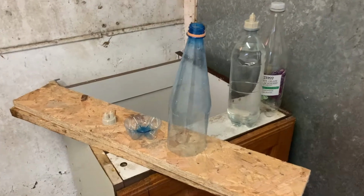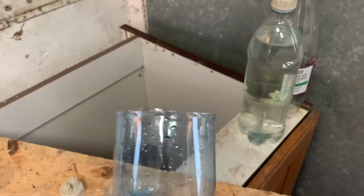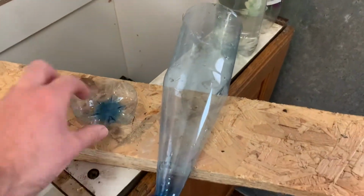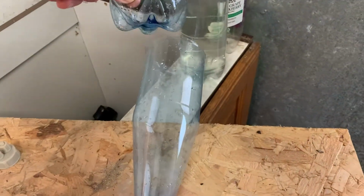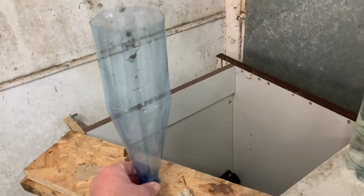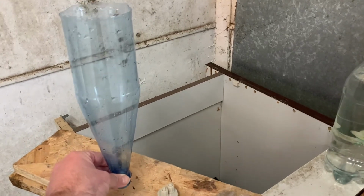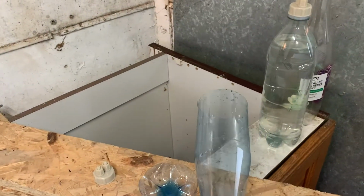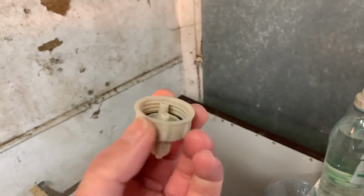So just using some drinks bottles, I took a razor blade and cut the bottom section off of this bottle. This will be used later on the top to prevent any rubbish, dust, etc. blowing in the top. The bottles, I'm just going to make a little rack so we can hold these up like this, and then I will be adding one of these CO2